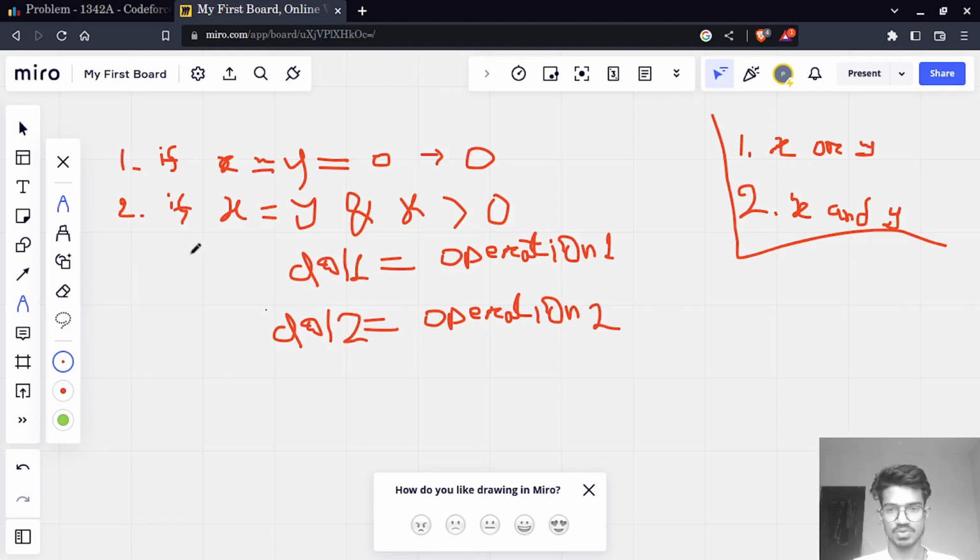So these are our two conditions, and we will pass to our third condition, which is